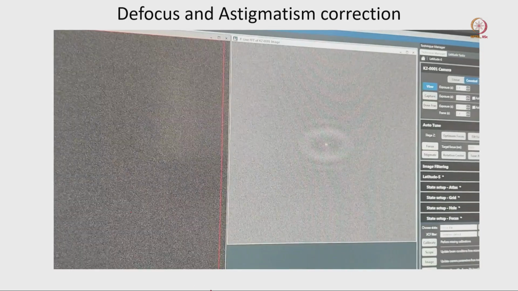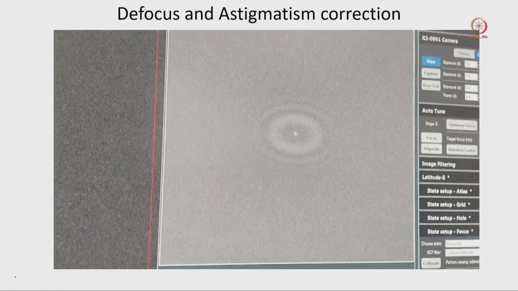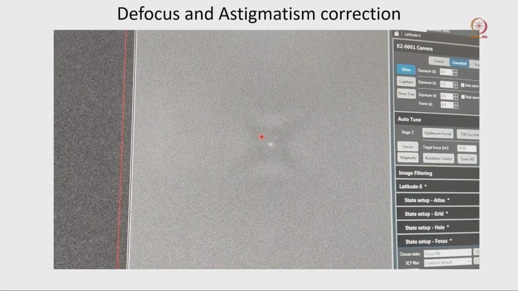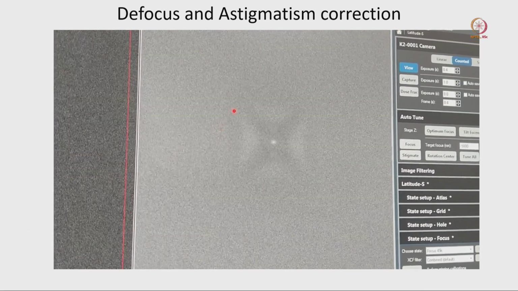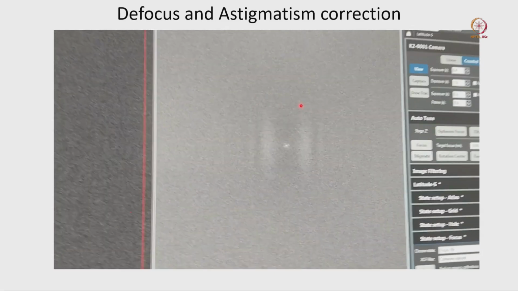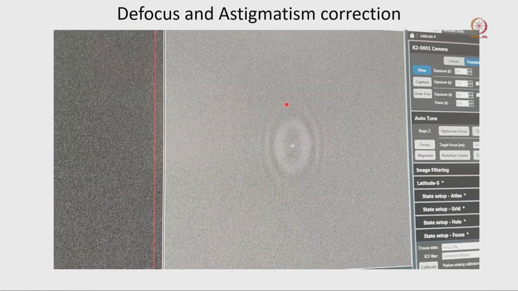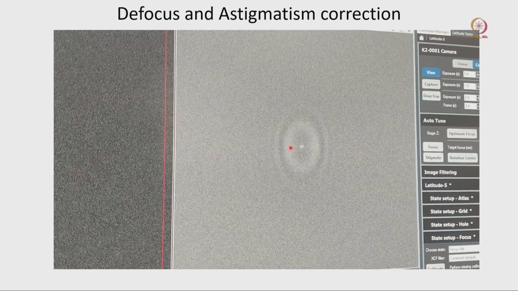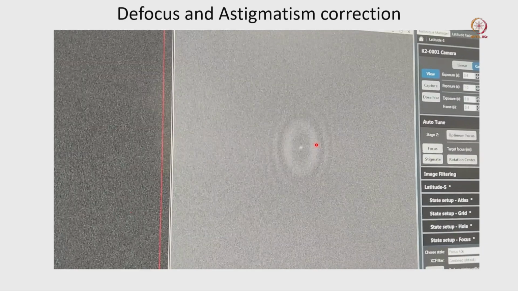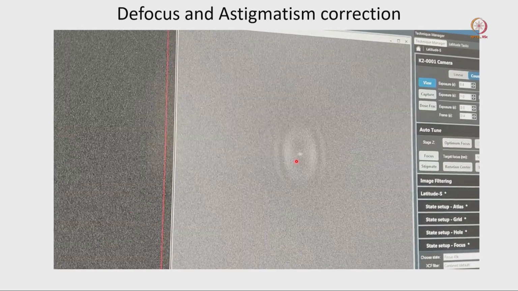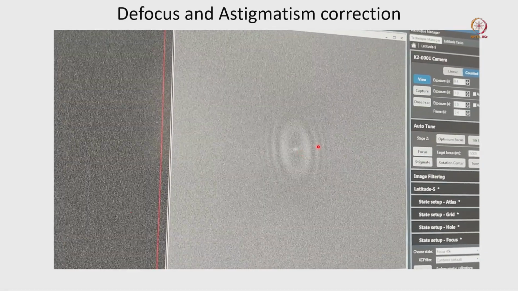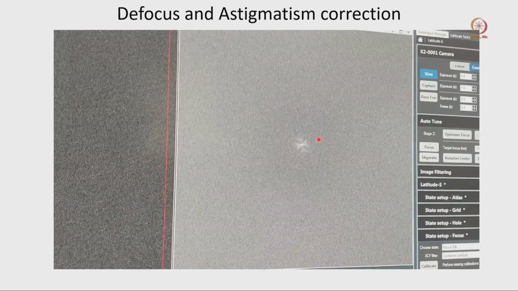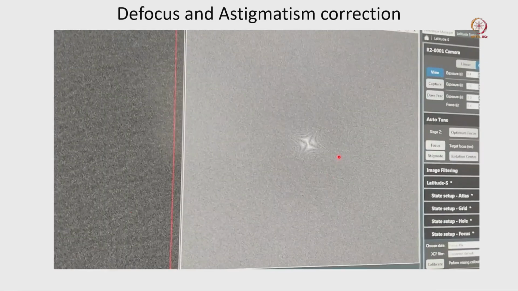Now if you come to this particular point, you can see that at a very low defocus the power spectrum is completely invisible, and even if we go to a particular defocus value, you can see it is elliptical, either along the x axis or the y axis. So definitely there is astigmatism. Whenever we are collecting data, it is better to figure out if there is any astigmatism and correct it. So in those cases, we look at this power spectrum and try to correct it.